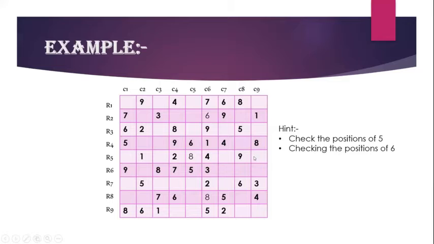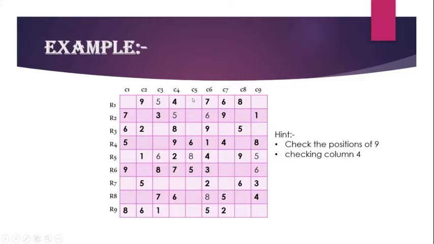And now coming to the 6th block, column 7 already has 6. Column 8 already has 6. So here, in column 9, we should fill 6. But there is only one cell left over here, that is R6C9. If you ask why we did not take this earlier, it is because last time we came to know that we filled 5 here. If you put it in notes, we can clearly know. So R6C9 is filled with 6.